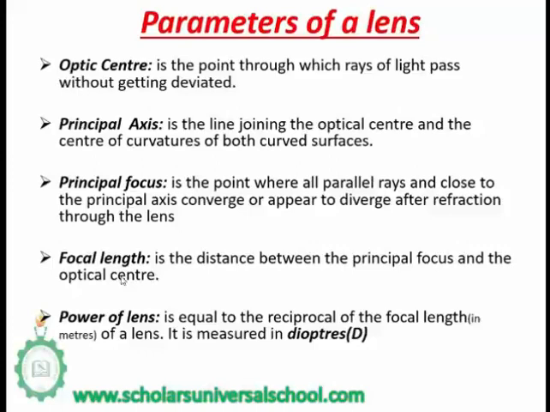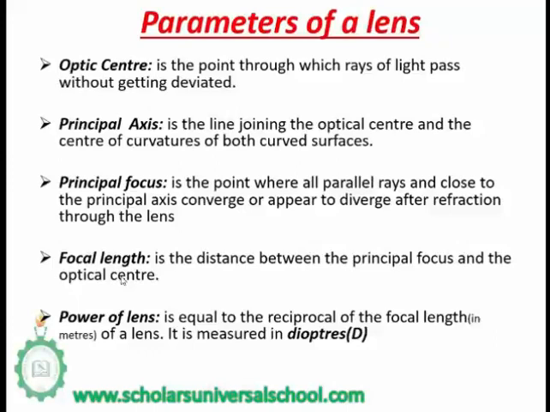Remember, your focal length is a distance. It needs to be given in units of distance, which are meters, centimeters, or millimeters. But note that the power of a lens can only be gotten if the focal length is in meters. So if you measure the focal length in centimeters, millimeters or decimeters, you have to convert that focal length back to meters before you can use it to calculate the power